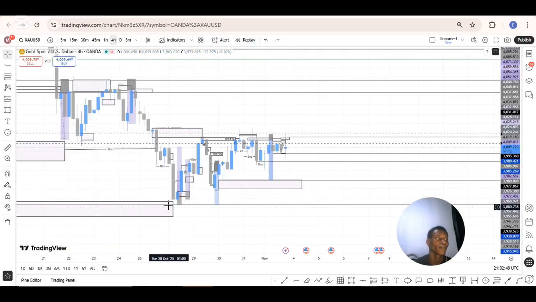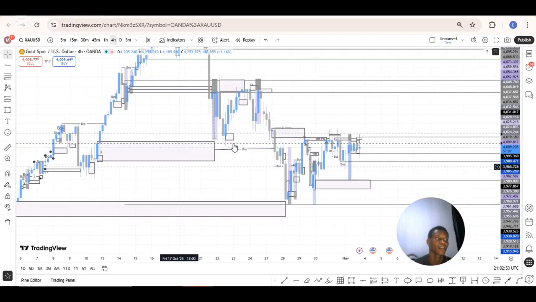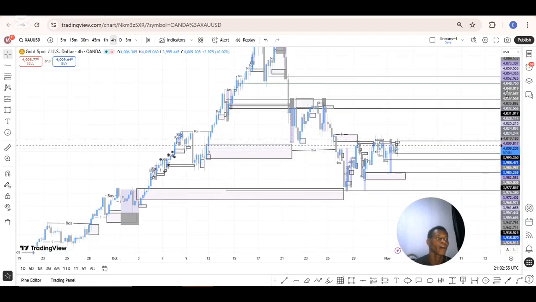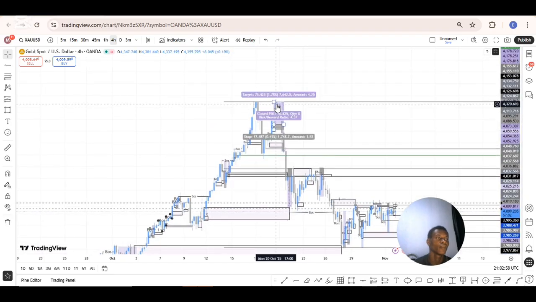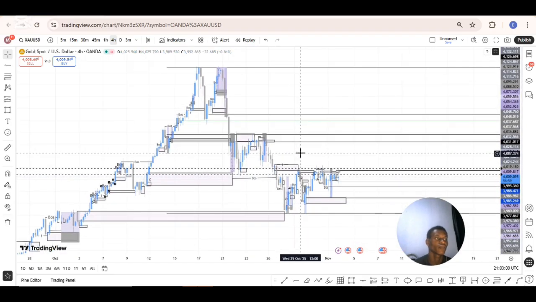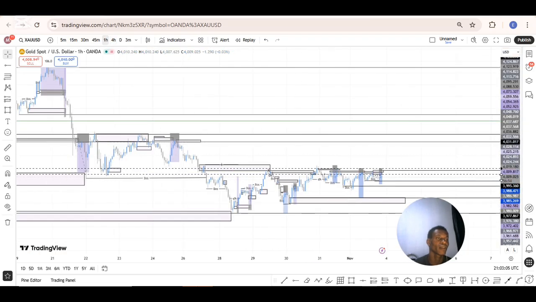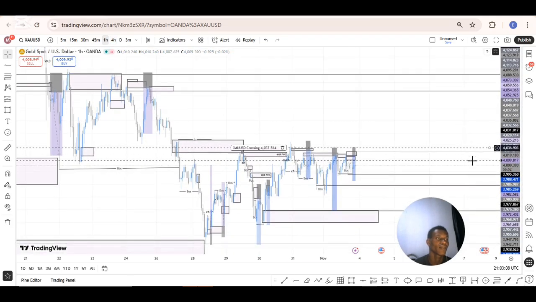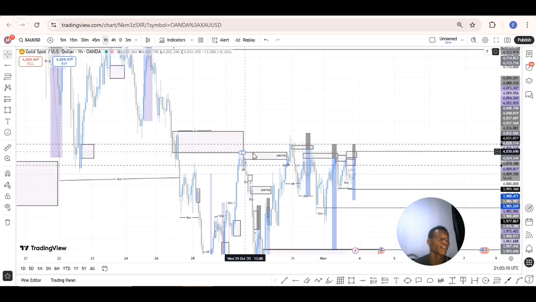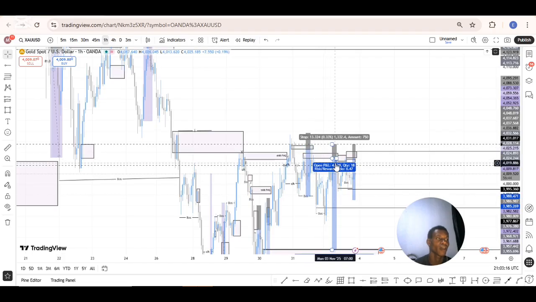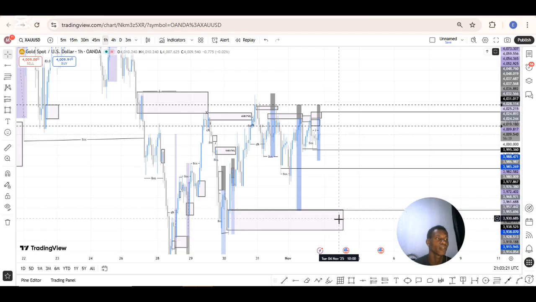On the 4-hour time frame, the market has been trying to create higher highs and higher lows. But when we look at the 4-hour from this distance, gold actually is on a bearish momentum. So let's move to the 1-hour. On the 1-hour time frame, last week's Friday, we have this push right here. Market tapped on the 1-hour zone, and I'm expecting us to continue that push to this demand zone that we can actually buy from, right?